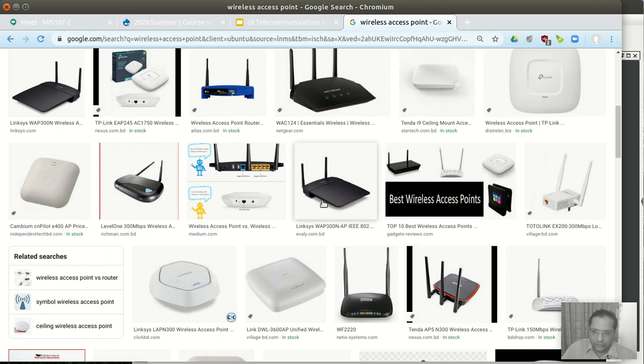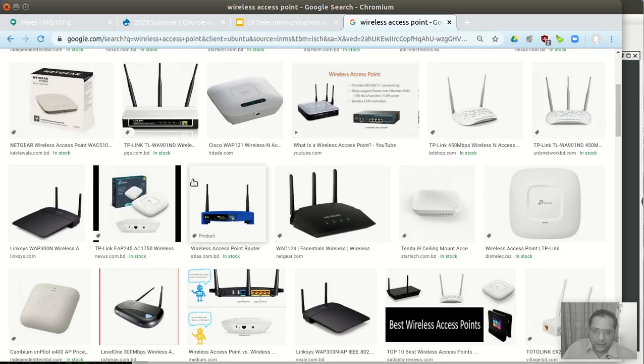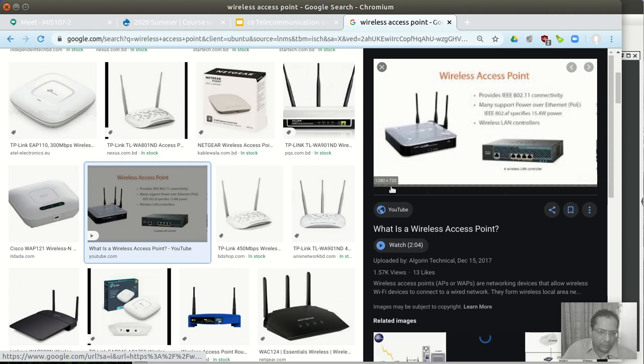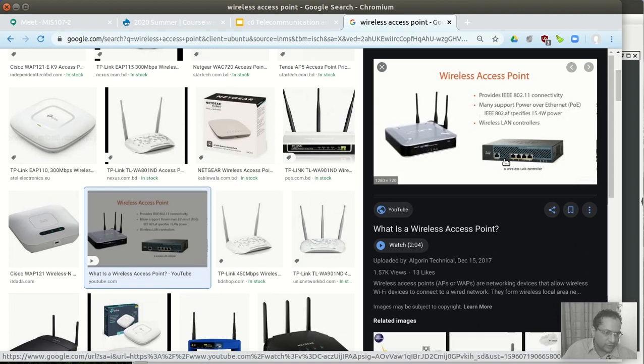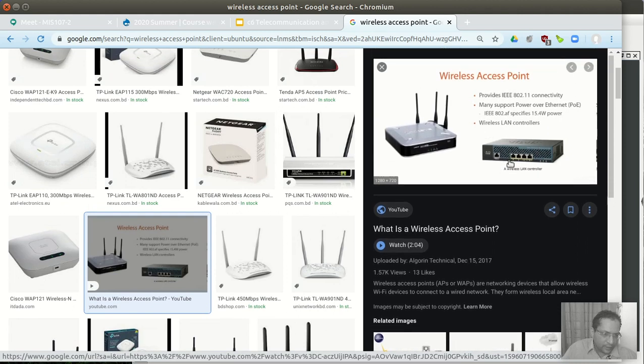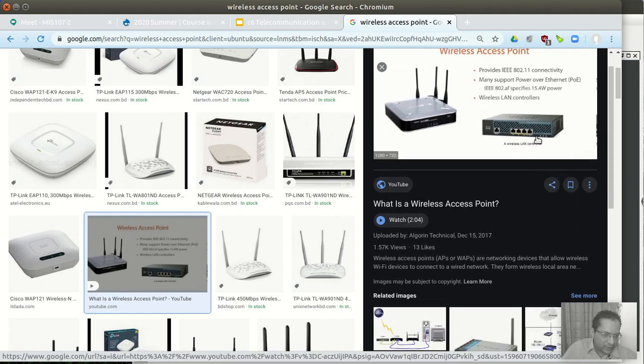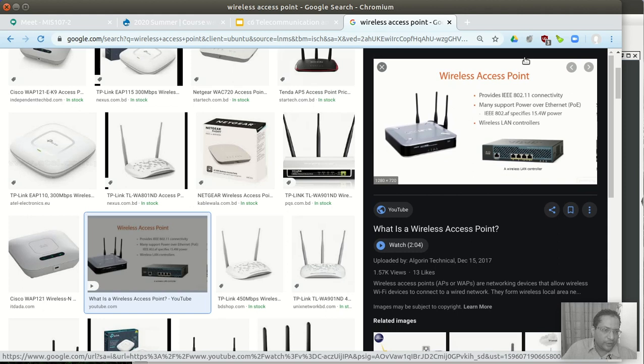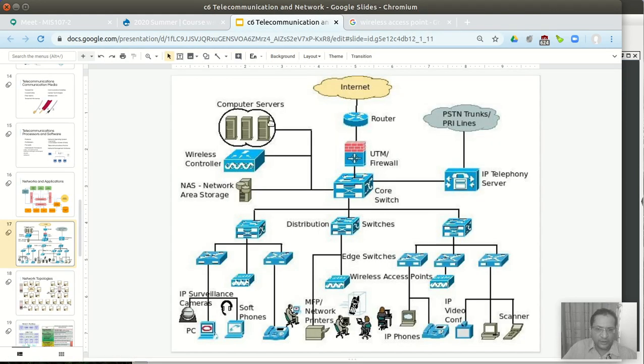So this is a router. Over here you can see. How do I know it's a router? Over here you can see these are the switches. This is the switch, and this is the routing, right? And instead of the switch, we have another wireless switch. That is what we are talking about when we say wireless access point. So we can have a wireless access point here. We can connect it to any of these switches, right?